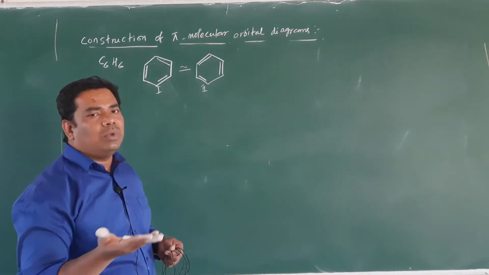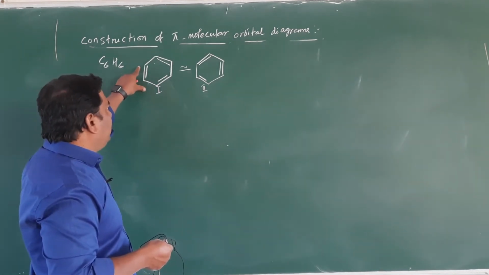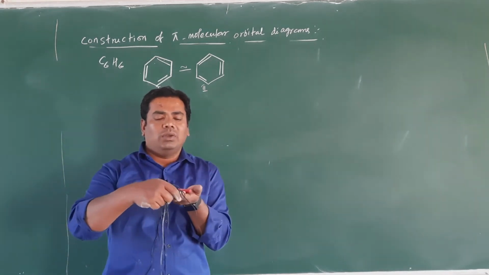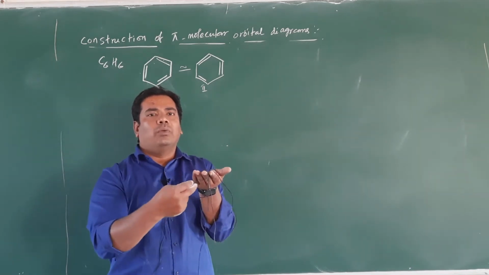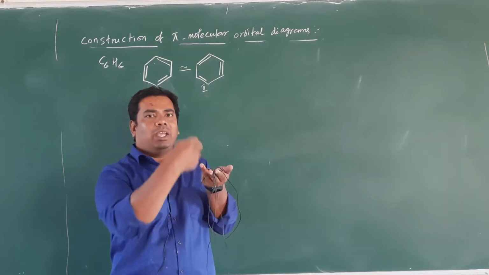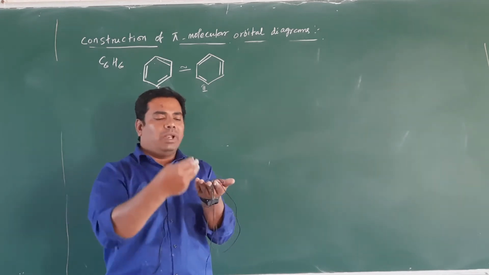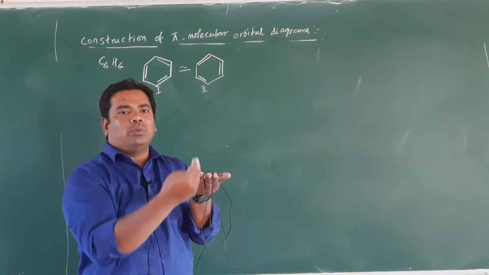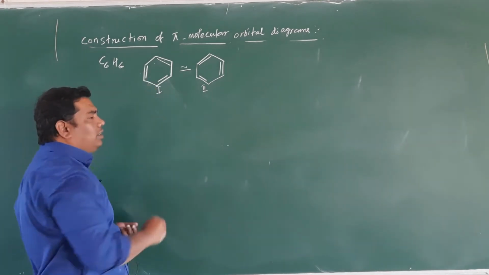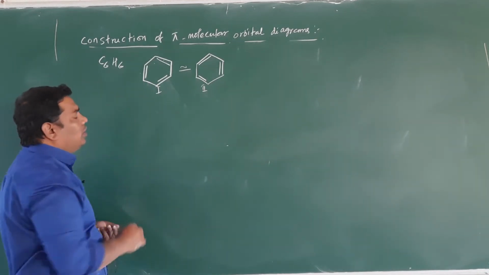Generally the benzene molecule is a planar molecule. Here we are seeing it like this, as a vertical molecule, but it is not a vertical molecule, students. This is a horizontal molecule. The lobes are present above and below the plane, not like this. All 6 carbon atoms are in the horizontal plane only. One lobe is above the plane, and another one is below the plane. Okay, so here I will construct the simple molecular orbital picture of benzene.